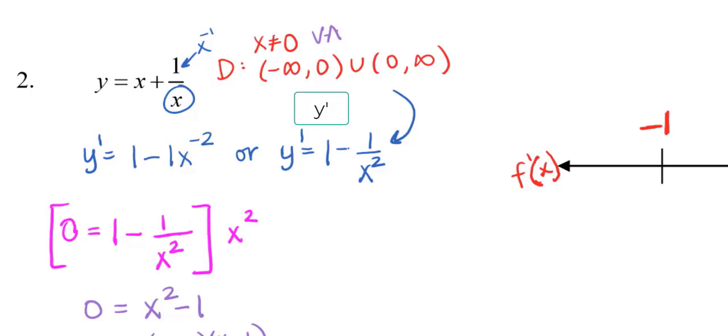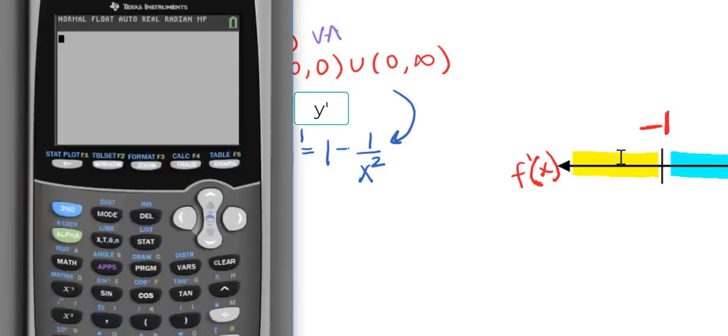So I want to know that there is a point of discontinuity here at x equals 0, or a jump in my curve, and that might cause some interesting behavior around that point. Okay, so now I need to test the sections, to determine if within these sections you have a positive or negative first derivative. We can do that using our calculators, even if you just wanted to use your home screen, you could.